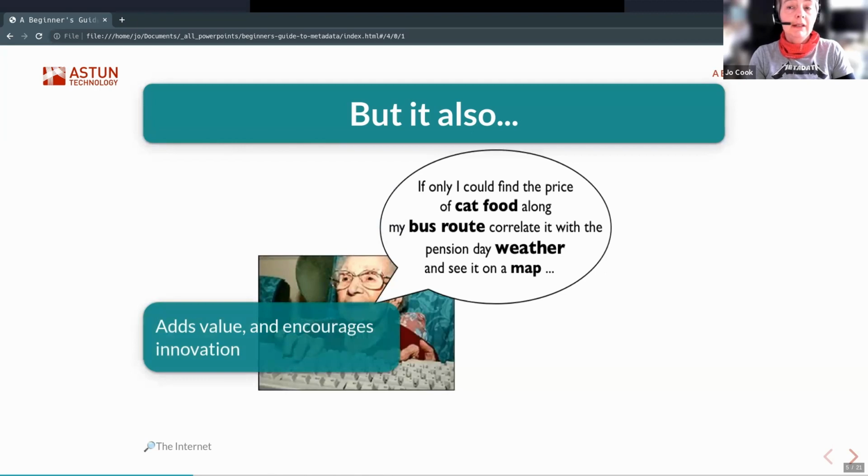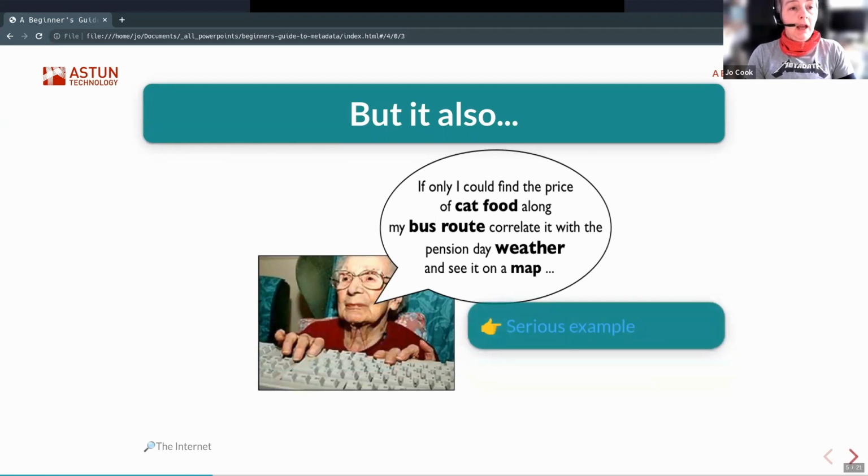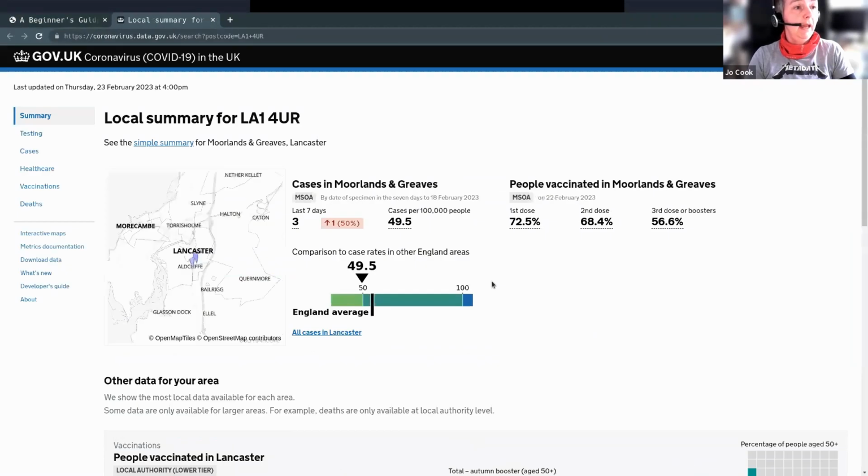So a good metadata catalogue will be optimized for this kind of discovery for both humans and search engines. And it will provide user statistics and feedback options that help the data providers know which data sets are being used, providing ways for people to report problems and so on. So we've got a silly example there about a bus route and cat food correlation, but as a serious example here,